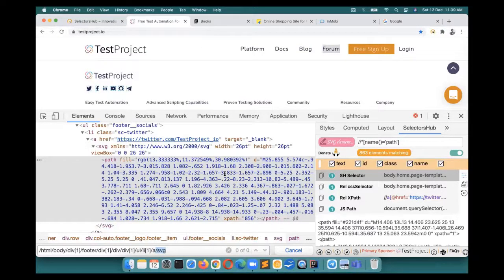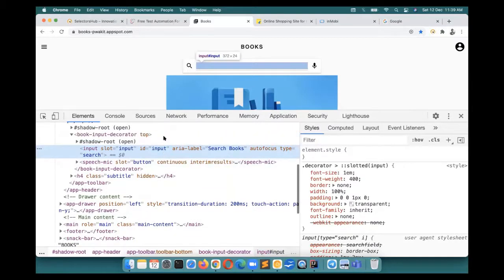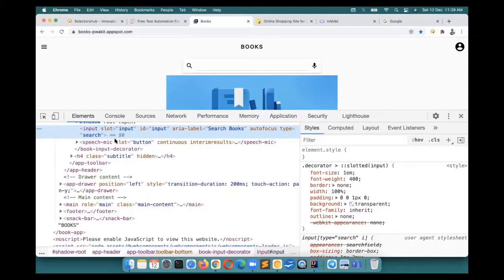Shadow. Talking about shadow, it was never possible to write selectors or verify selectors for shadow DOM elements. Let me show you how. Many of you might not be aware of what shadow DOM is. So let me tell you, shadow DOM is basically a DOM inside a DOM, and it doesn't exist without a DOM. Definitions are a lot, and it was introduced for safety purposes.